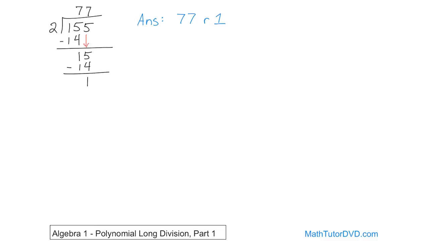But then, as you move along, you can write the answers in a different way. So what you do is you say it goes 77 whole times, but this remainder of 1, it's just how many pieces are left over that I can't divide evenly into. But instead of just leaving it there and saying there's 1 left over, we can write it as a fraction. And the way you write it as a fraction is 1, and you divide it by what you're dividing by. So in this case, it's